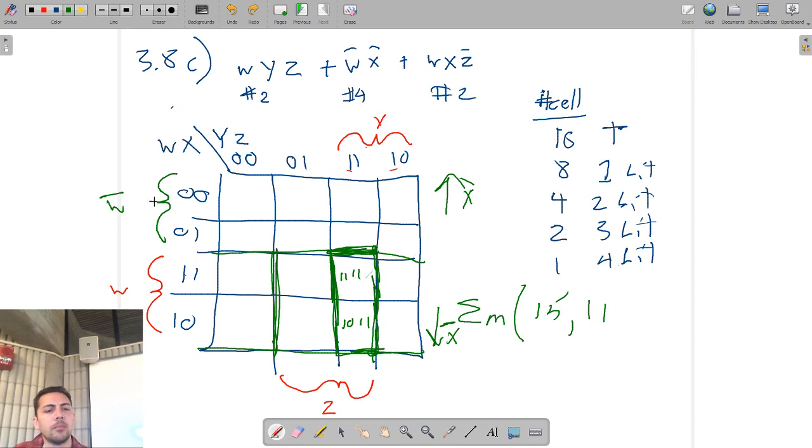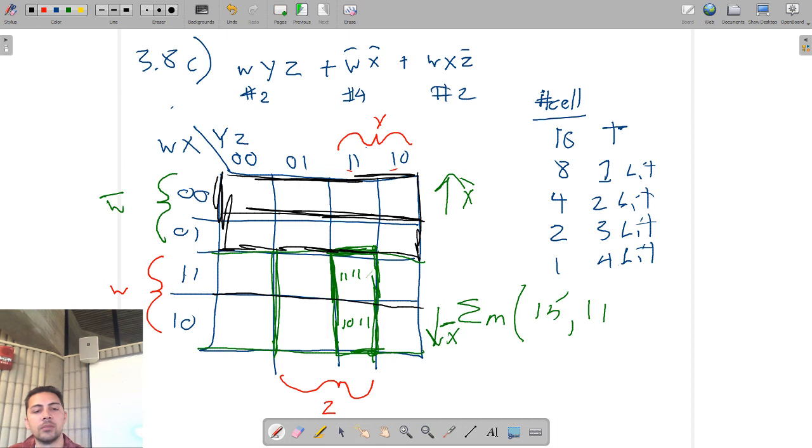Where X is false, or let's start with W bar. W bar is any of these 8 cells. X bar is the top and the bottom row. But since we don't have anything in the bottom row, we're limited to just the top row. So this group of 4 top cells